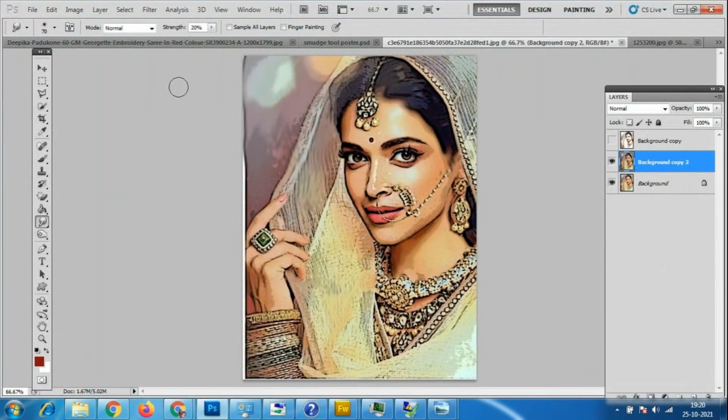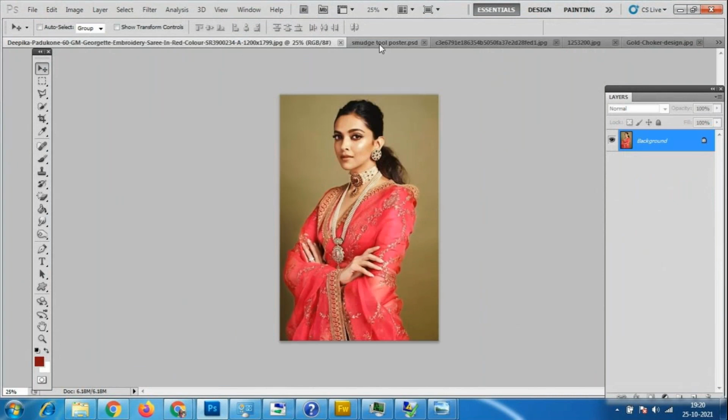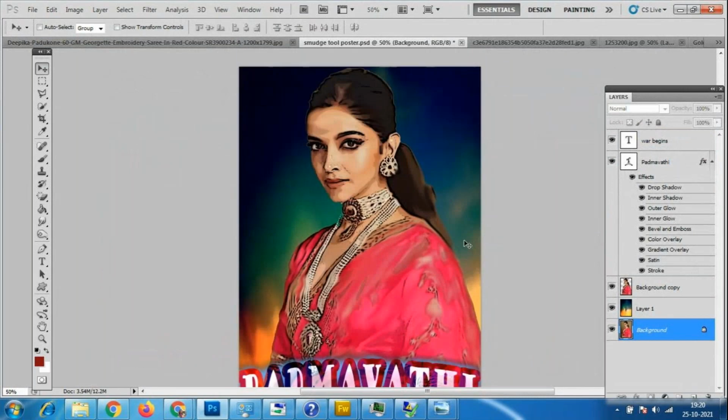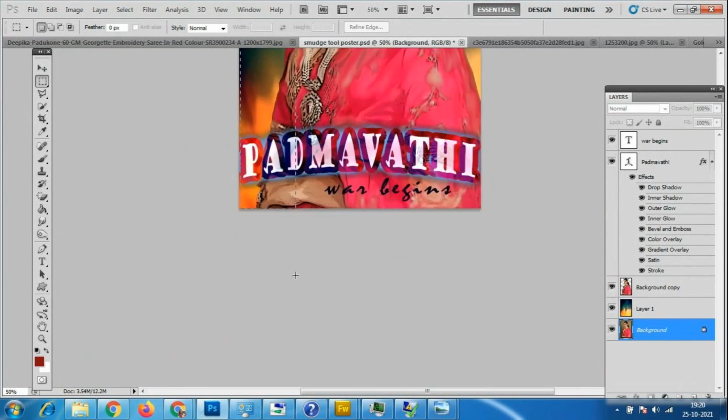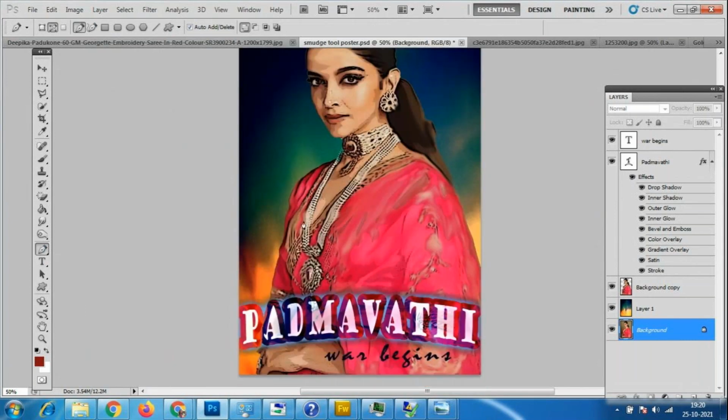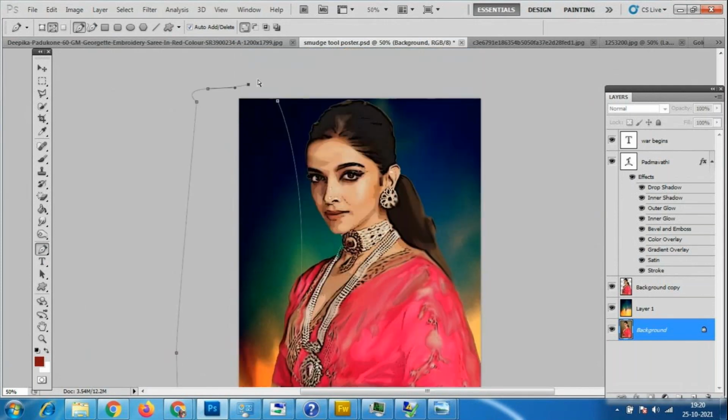Please practice with this much of the tools, which is very important for this. You can add the text, and if you want to add a title, you can add the title here. Otherwise, anything you want to add down here, you can add it like this. For this, you can use the pen tool. Some background things you have to use anyway. We have to keep everything in a different layer. So I'll go to this pen tool and press Ctrl+Enter.